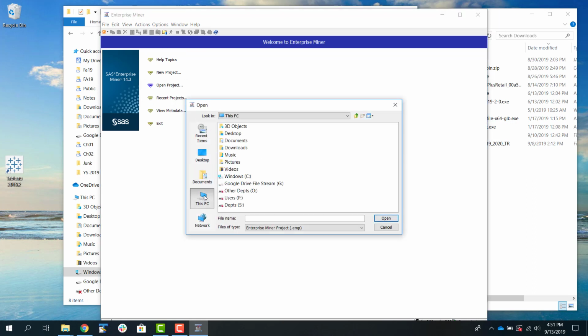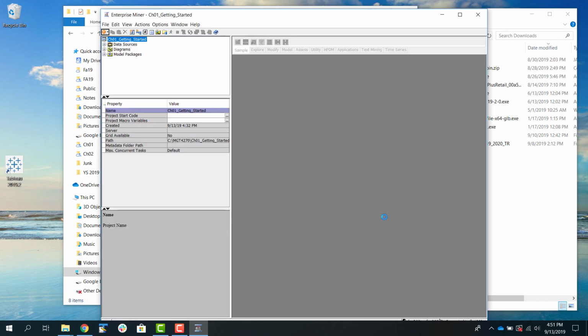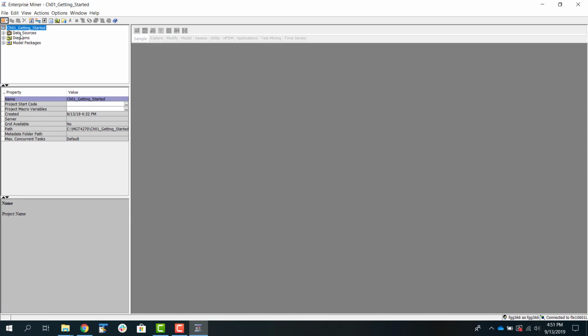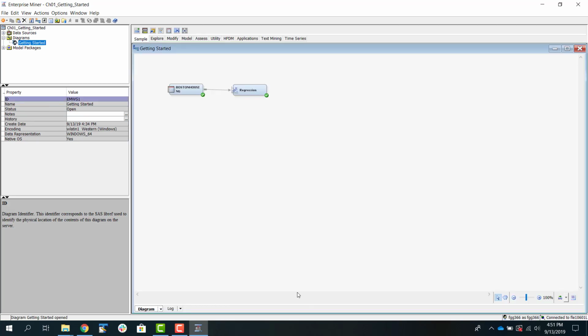All right, then this PC and in C drive. Okay, so here is the folder. So all you have to do is to select the folder and click open. So you don't have to select a particular file. Select the folder, click open, and the project that we were working on is opened. Now, you click the diagram, double click getting started, and you see the diagram that we worked on. So you click that. So here is the Boston Housing